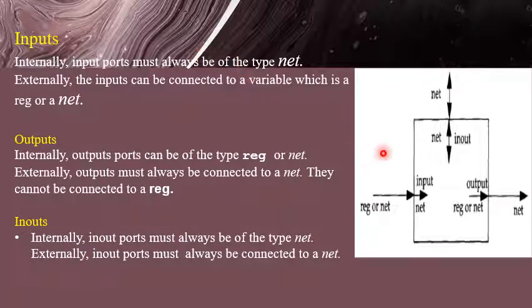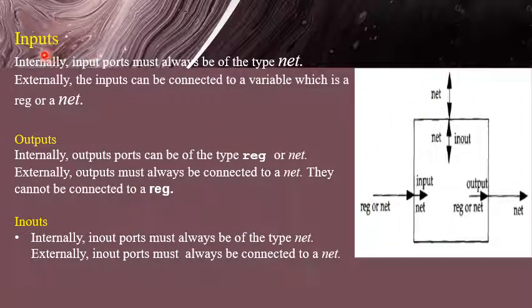So the rules are like this. This figure depicts the rules. Here this is the box wherein you describe your module. The signals that I have put inside this box are internal signals, and the signals that I have shown outside the box will be connected to the top module while you are instantiating this as a design block in the stimulus block. Then these signals are the external signals.